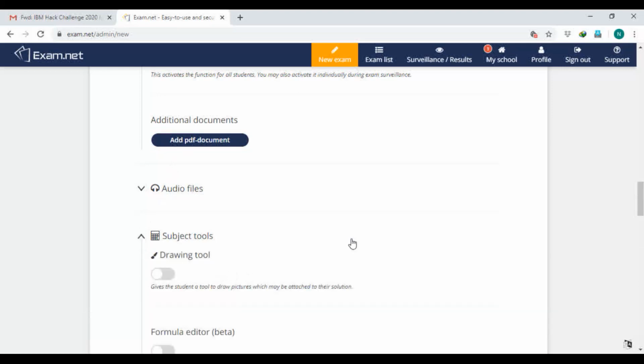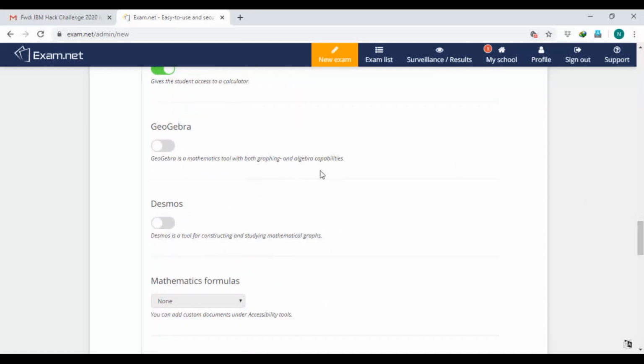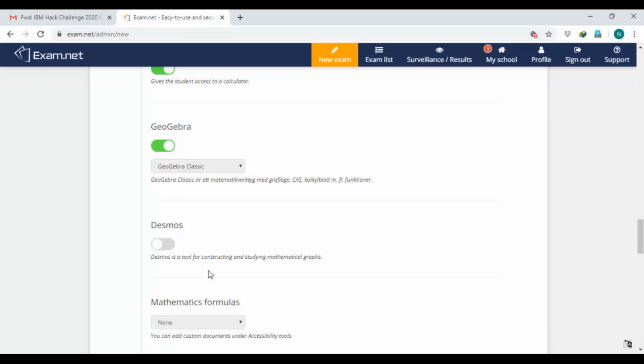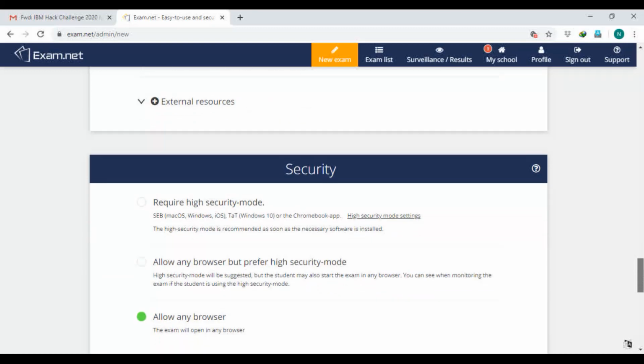Subject tools, we can see. If we need the students to draw something, we can add a drawing tool, formula editor, calculator, GeoGebra. It is a mathematical tool for both graphing and algebra capabilities. Or Desmos for constructing mathematical graphs, mathematical formulas, basic and advanced, and for programming like Python and JavaScript you can add them here. Once done,